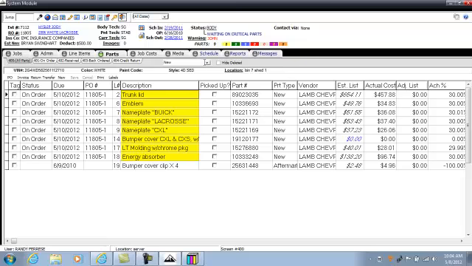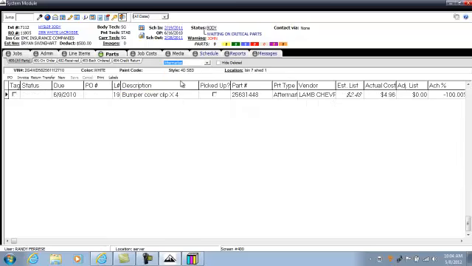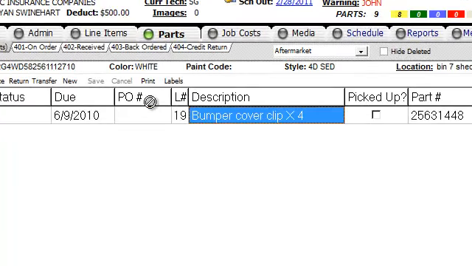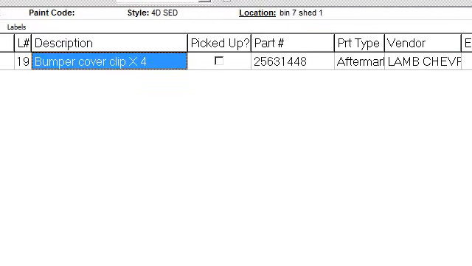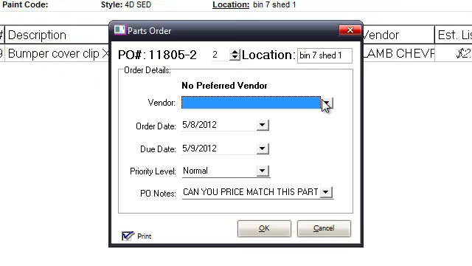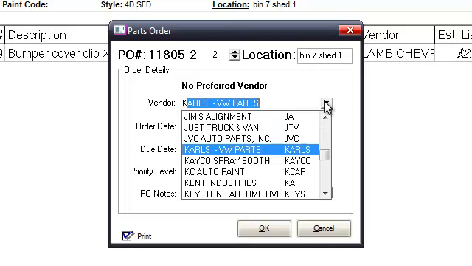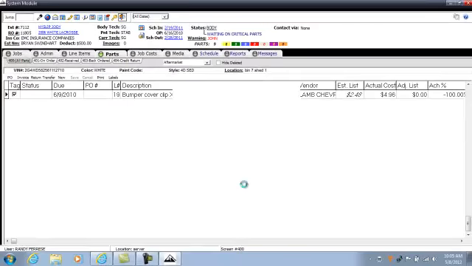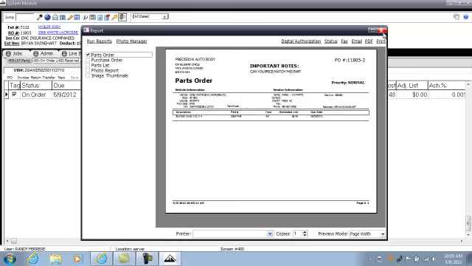Now, if I want to do aftermarket parts, I can do the same thing. Select the aftermarket parts, tag, drag, and drop. Now I can order those parts from another vendor. Same procedure, hit OK, and